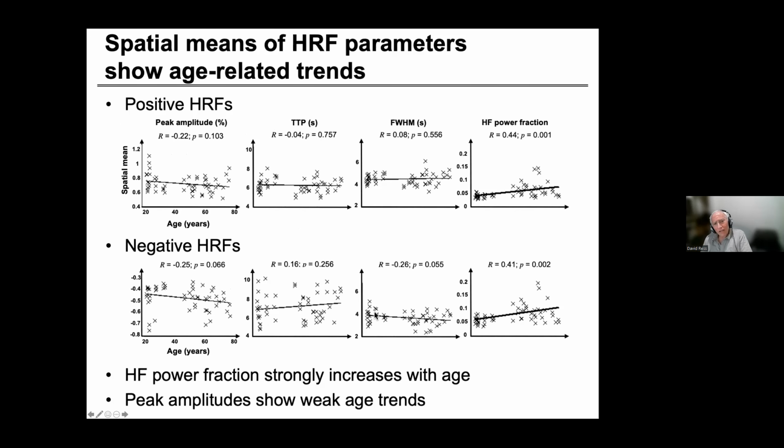And we saw rather immediately that if we just looked at the mean values of these parameters averaged over the entire brain of each subject, there are some interesting trends. Clearest is the high frequency power fraction, which seems to increase rather strongly with age, both for positive HRFs and for negative HRFs. There are also some weak trends for the peak amplitudes. The peak amplitudes show a slight tendency to drop with age